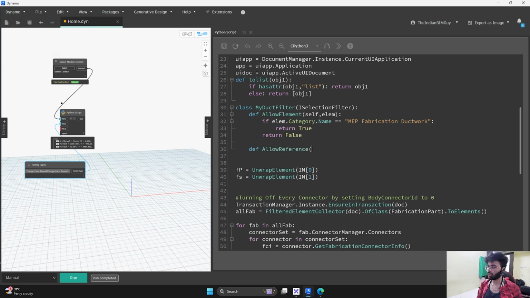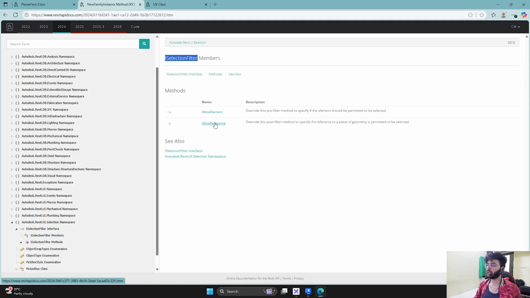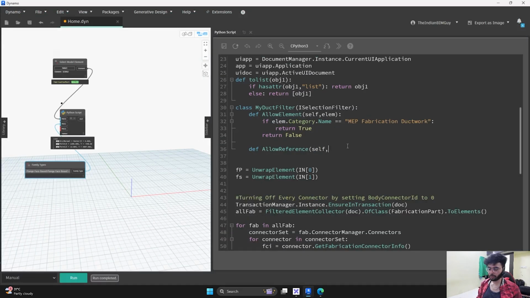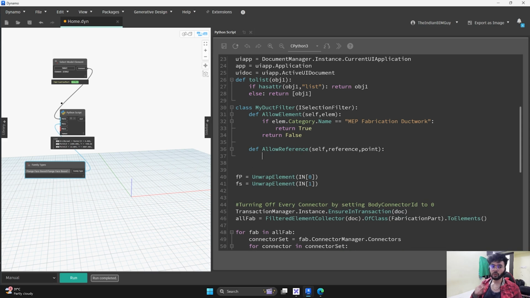AllowReference. Inside this, I need to again pass the first argument as self, that is because of the Python terminology. Then I need to pass a reference, and I need to pass the position, which will be point. First I need to give the reference. I'll say reference, and then point, duct, that's it. Done. Now I need to return